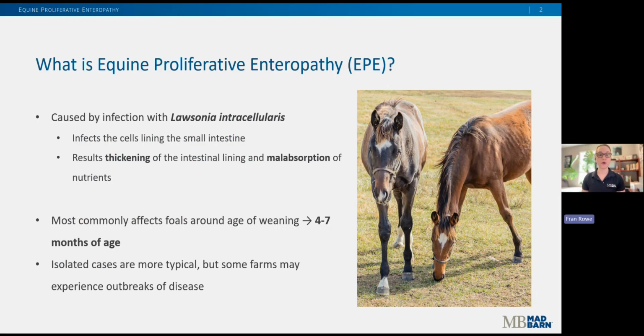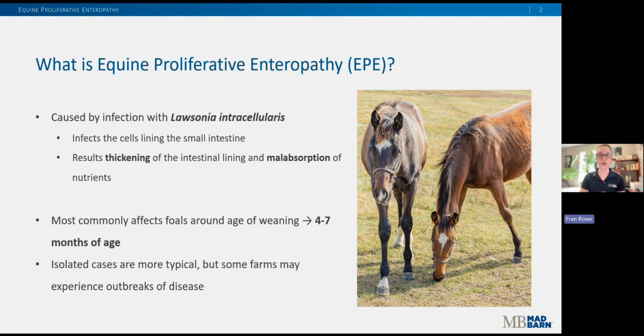EPE, or equine proliferative enteropathy, is caused by a bacterial infection. The causative agent is called Lawsonia intracellularis, and Lawsonia is an obligate intracellular bacterium, hence its name, meaning it can only survive and replicate inside of a host cell. The cells that it invades are the enterocytes, or cells that line the small intestine. Infection with Lawsonia intracellularis results in thickening of the intestinal lining, which then results in poor absorption of nutrients out